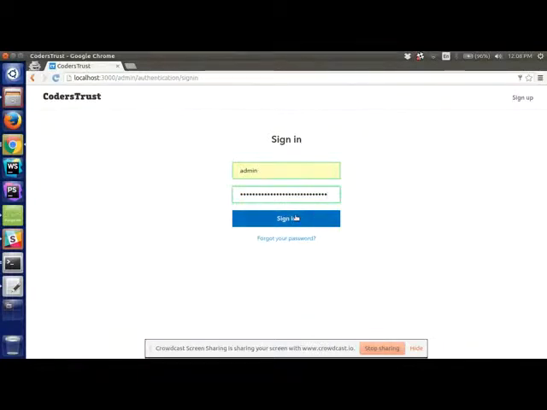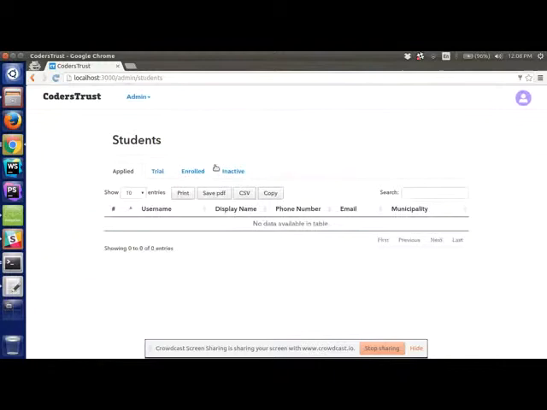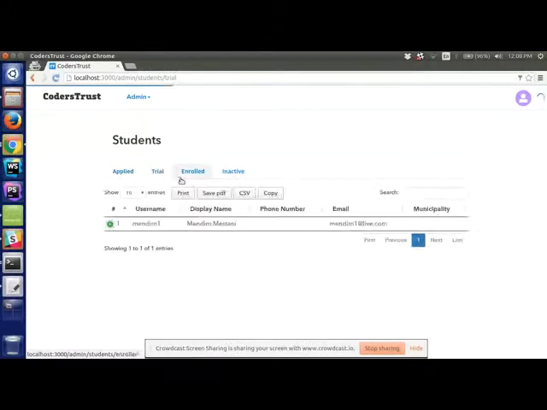I'm just gonna sign in with admin credentials. And in the admin panel, we will see the list of the students that are in the applied or in the get started flow, the students that are in the trial status, the students that are enrolled, and the students that are inactive. So we were more focused on the student perspective, not the admin.